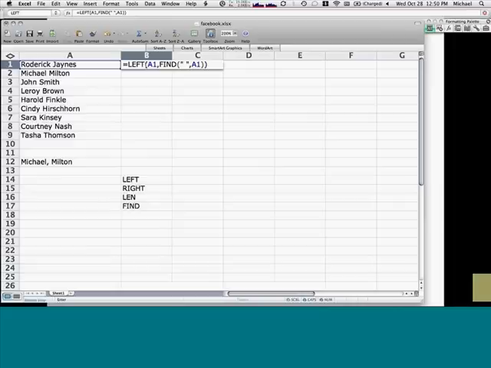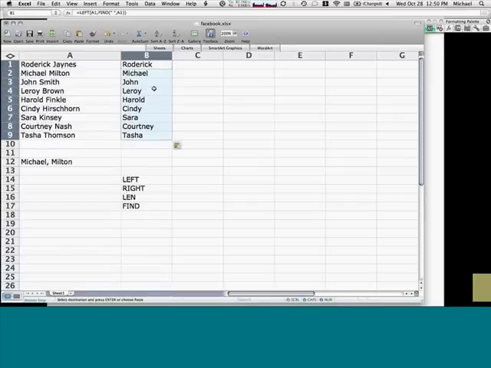And so the number 9 gets passed to the left formula, and in that case, we'll take the first 9 letters of that name. And then if I copy this down, the find and the left function do the exact same thing for all these others. So for John Smith, the find function finds that the space is the 5th character. It passes that to the left function, which grabs the 5 leftmost characters, which in this case would be John, all the way up to the space.